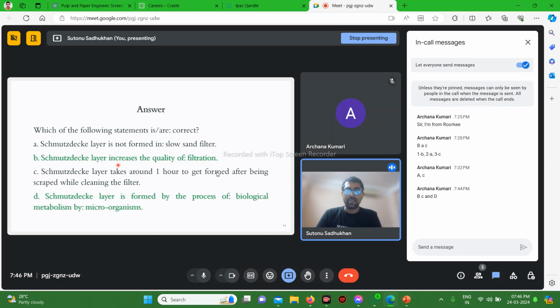So within 1 hour basically no biological layer forms, though at some individual level it can get formed, but once it forms a layer, then actually it is called the smooth deck. The term smooth deck is the German term. But within 1 hour, the formation of such a layer is not possible. So within 1 day it is not possible, and so within 1 hour it obviously is not possible. After 2-3 days it may start to form if no backwash is given. Okay. So after cleaning and scraping, within 1 hour the layer cannot form. It takes more than that. Okay.